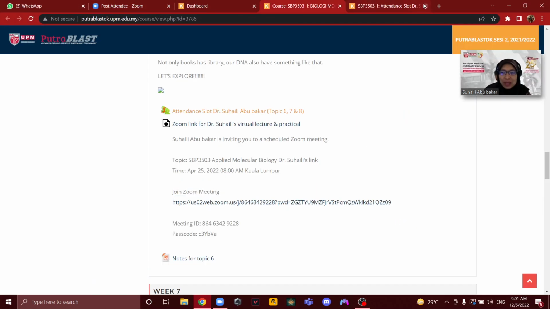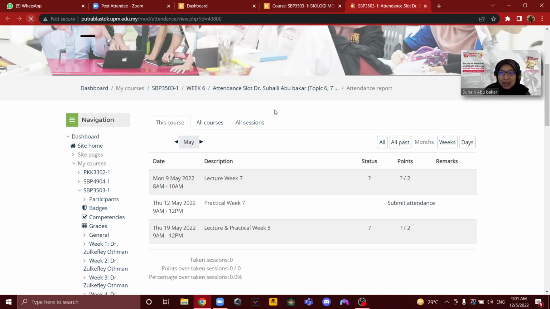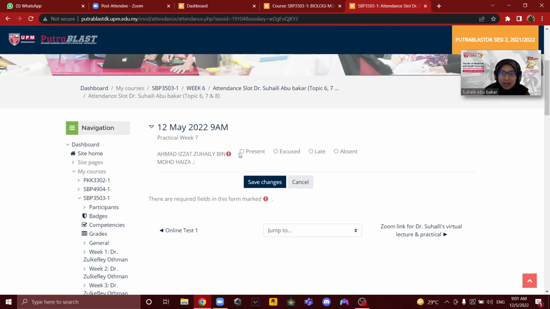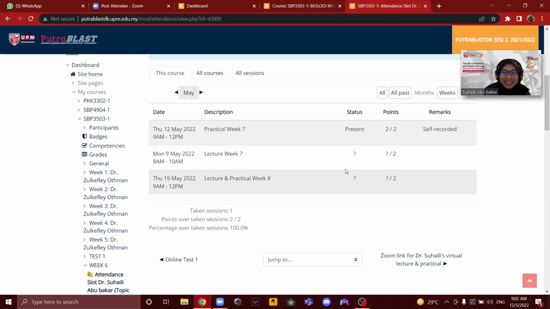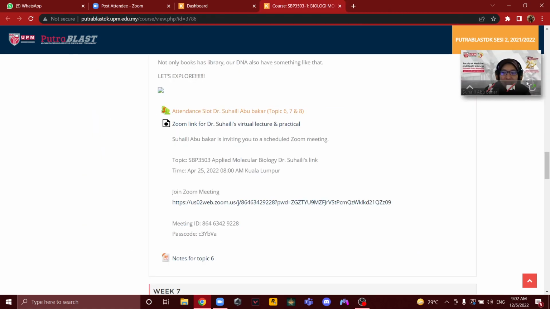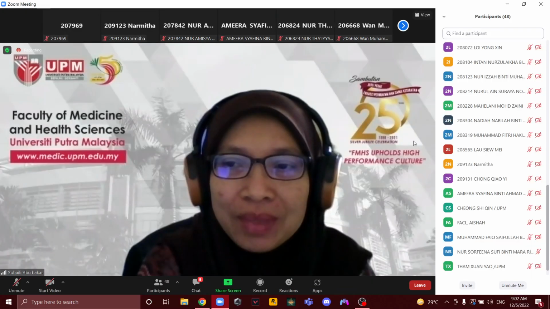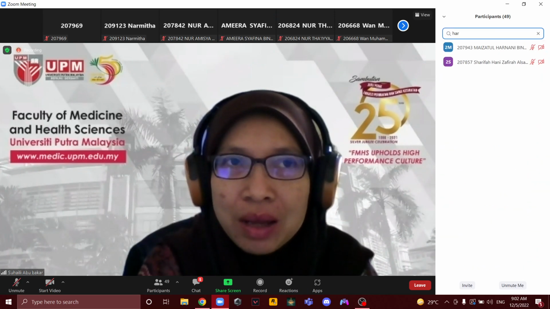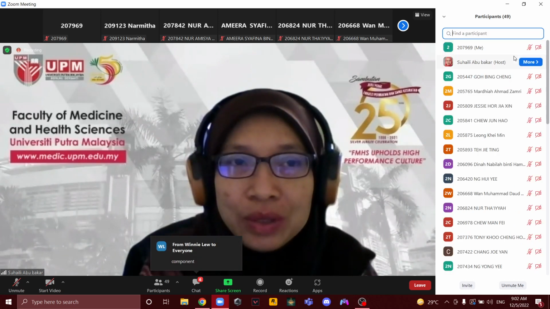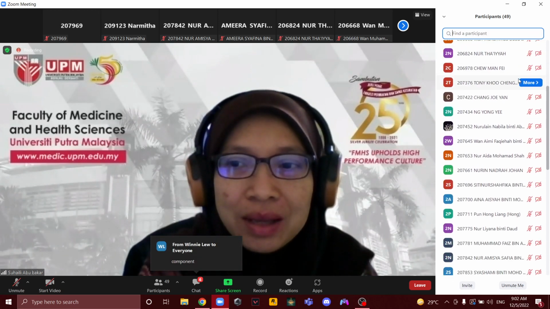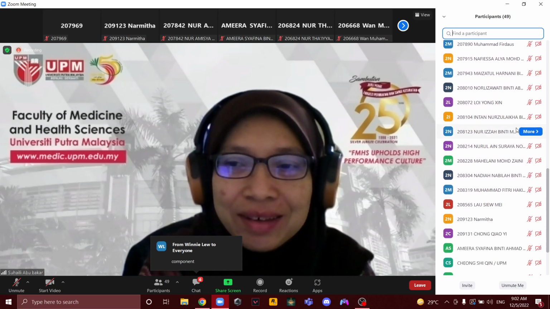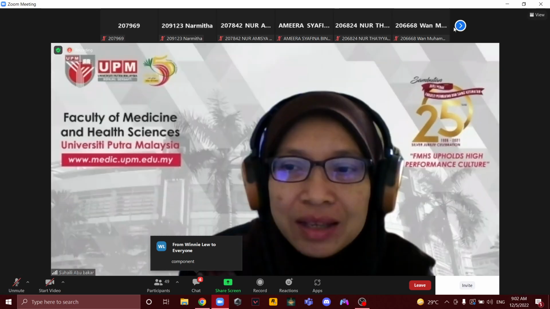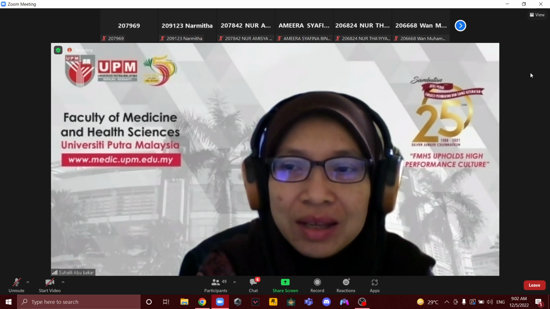And then what else? Okay, the temperature needed for the process, and then what else? Anything that you can categorize? Can you categorize it in groups? What is the important things on the PCR that you need to remember? How many groups do you want to categorize? Components, component represent,